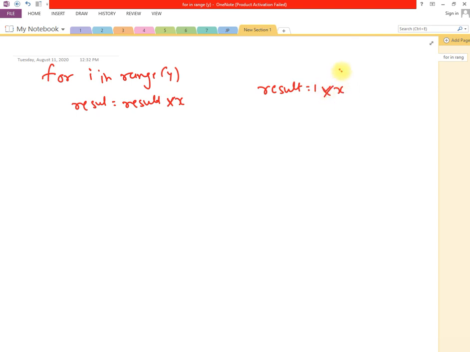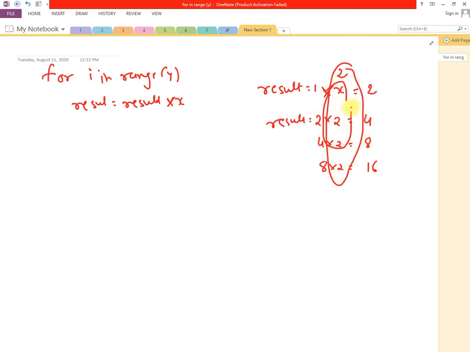Let us say x is 2, so the answer would be 2. Again I'll do that. Now result would be 2 into 2, that would be 4. Again I will do that, so 4 into 2, that would be 8. Again I'll do that, so this time 8 into 2, that would be 16. So here you can see that 2 is multiplied 4 times, or for these 3 lines it would be 3 times.